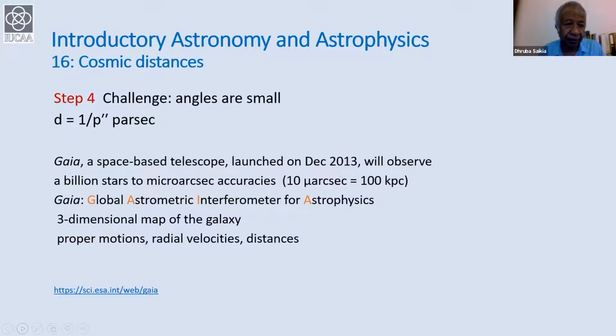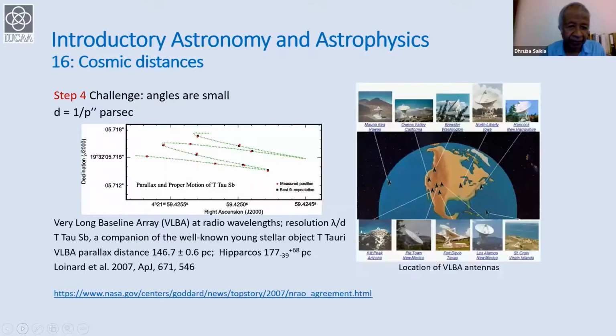For example, a rod is not always inclined at 90 degrees to the line of sight, which would give the upper limit, but it will be inclined randomly towards you. For example, all the double lobe radio galaxies are randomly inclined at all angles to the line of sight towards you. So the most solid way of measuring distances, at least for the nearby universe, is by triangulation, by geometrical methods, parallax. So far, I mentioned largely, almost entirely, optical observations, but you can also do parallax using